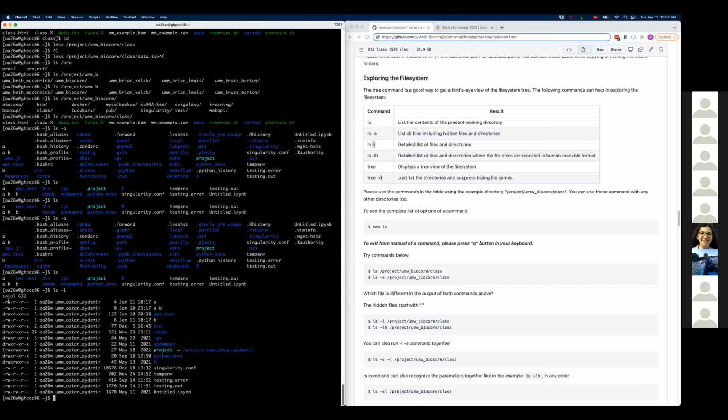Like the permissions of the file, how many links point to this file, and the owner of the file, which is me for all these files, and the group that the file belongs to, and the size of the file, and when it was last updated, and the name of the file. So it's a very detailed list.